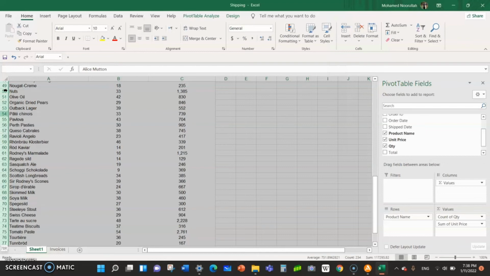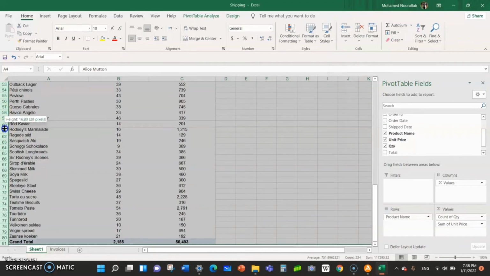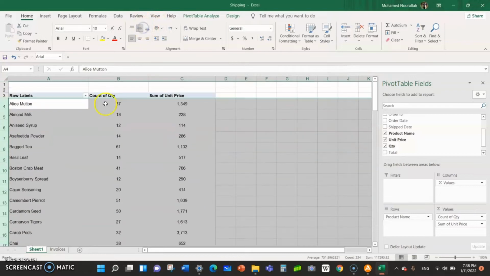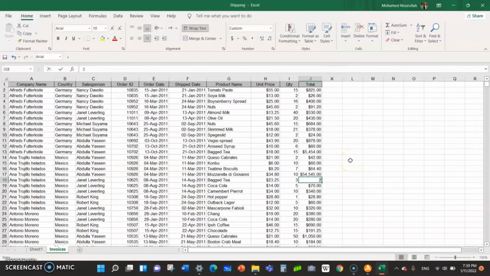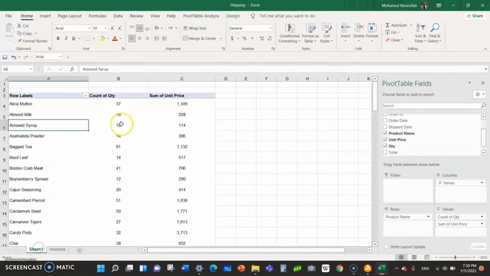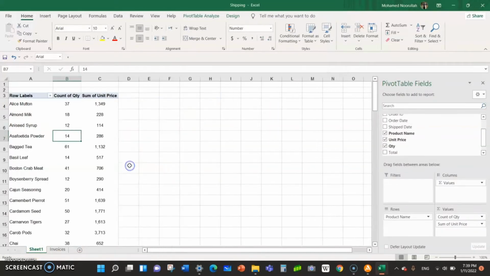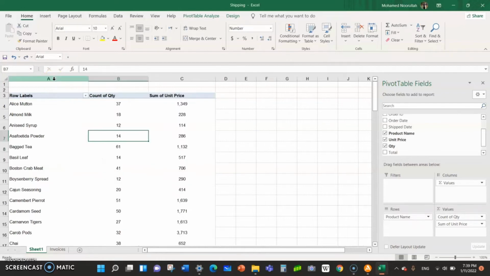Let me set a row height in a certain way that you would like the pivot to appear. See, when you make some changes in the source data and go back to the pivot and refresh, the column height, row height and column width automatically come back to the original shape. So whatever hard effort you put into formatting the table with certain font widths, all these things will get lost. For this not to happen, let me undo, Control Z.